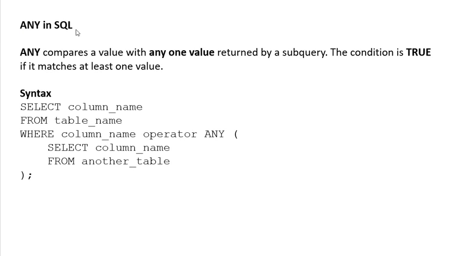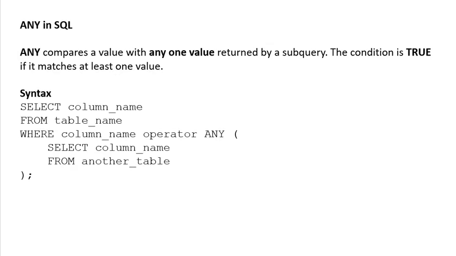ANY in SQL compares a value with any of the values returned by a subquery, and the condition is true if it matches at least one value. The syntax is SELECT column_name FROM table_name WHERE column_name operator ANY (SELECT column_name FROM another_table_name);